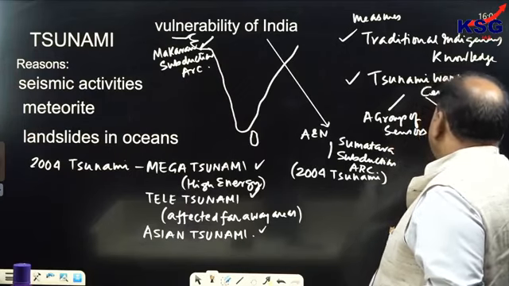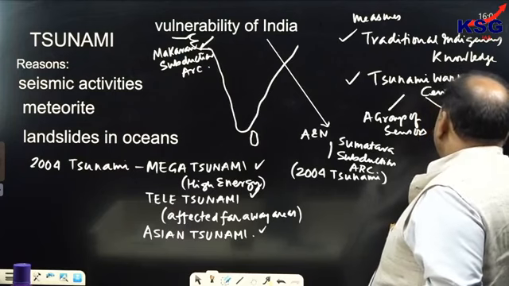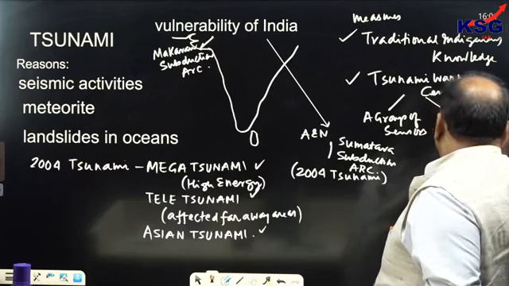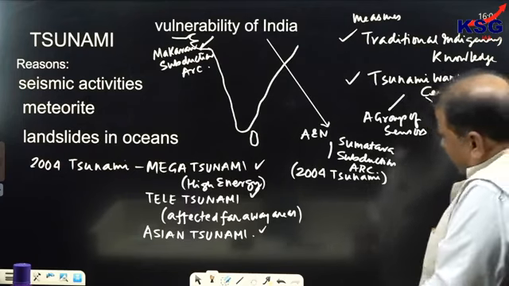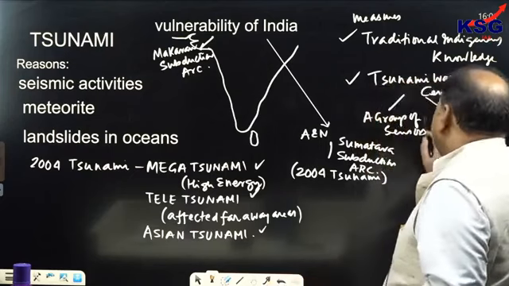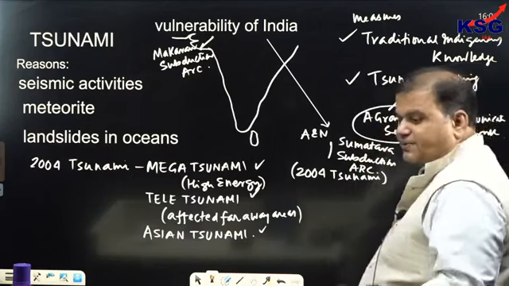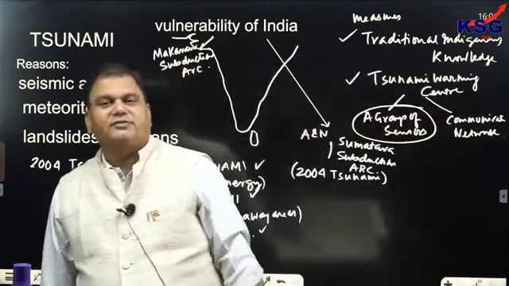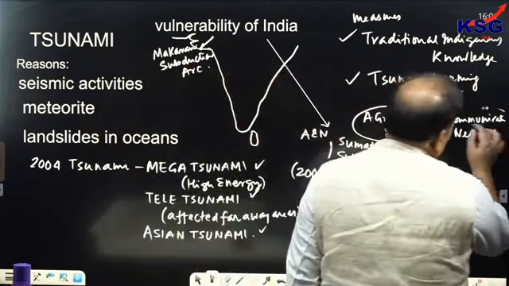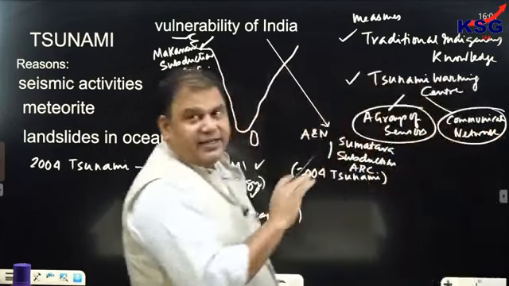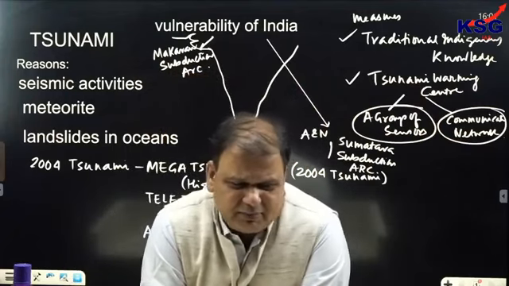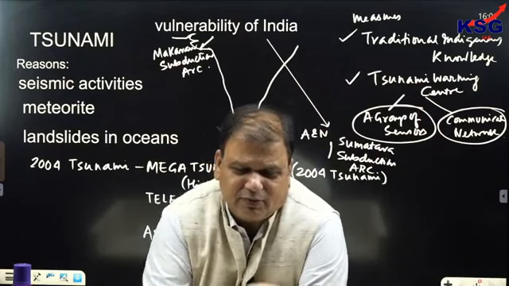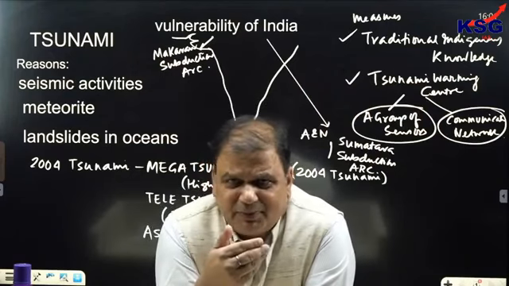And second is what? Second is a communication network. A group of sensors, and second is communication network. Now, as far as the group of sensors is concerned, this is responsible for measuring the intensity of tsunami waves, and the communication network is for communicating it directly to those areas, mainly to the government agencies for the purpose of evacuation.